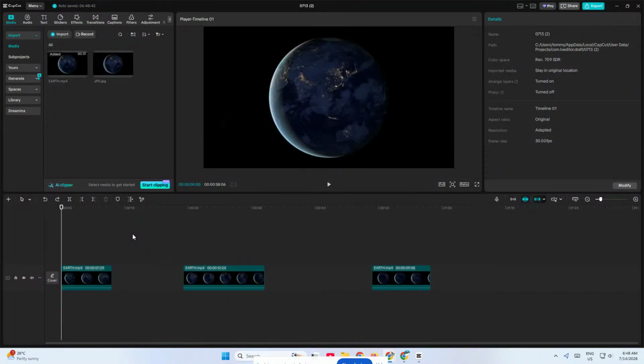If you want to learn how to join clips in CapCut on PC, this quick tutorial will show you the easiest way to merge multiple clips into one single track. This is super useful when you want to keep your timeline organized, group clips together, or make editing a little